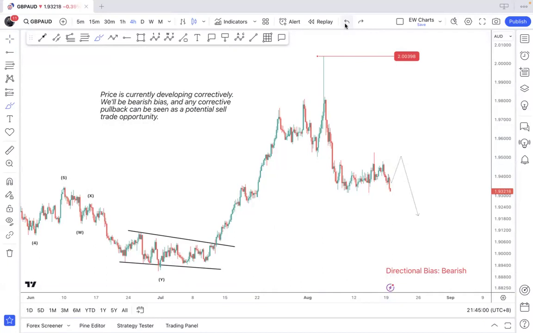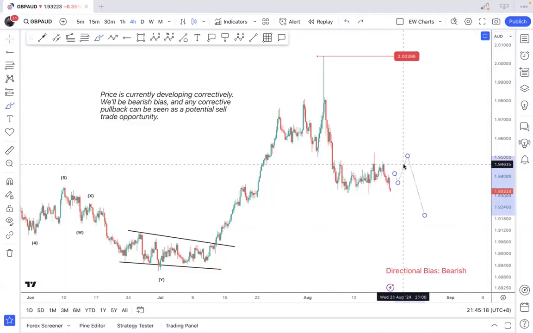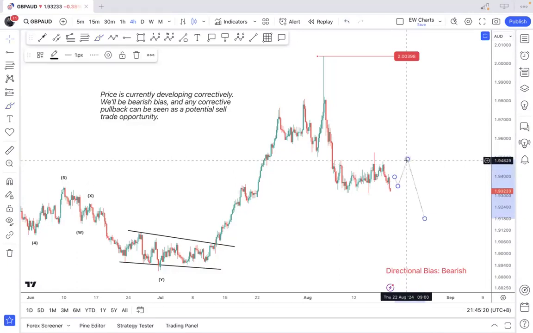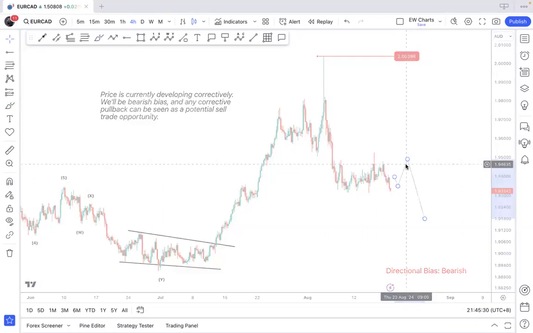Oftentimes Monday movement in the market may not be very genuine. It may go one particular direction and then on Tuesday it starts to reverse and things like that. So when we get some kind of a break without much momentum on the Monday market, just be slightly cautious. Bearish bias. The only thing here is, where are you going to look for that sell setup? For me, back before getting involved in it.